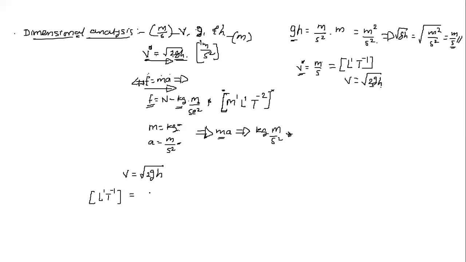Now for the equation, I am writing for g and h, we have taken the product of them, and we have taken their root also, which gives meter per second. Here g will have the unit as a meter per second squared and h is a meter; we have taken it already, and the unit we are getting is meter per second.